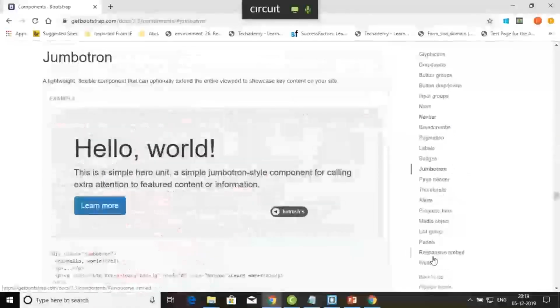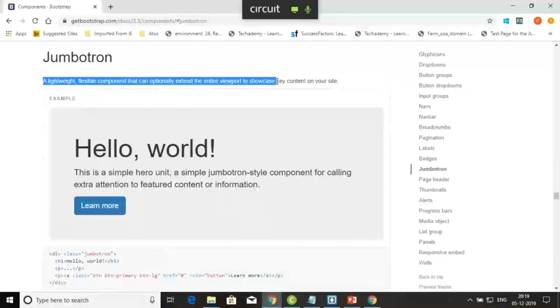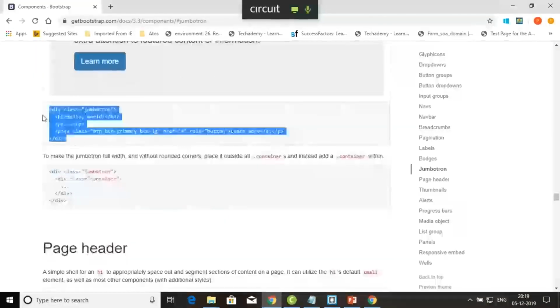What it is saying: it's a lightweight, flexible component that can optimally extend the entire viewport to showcase key content on your site. So I can copy this. I want a particular Jumbotron like this. Just copy it, Control C,